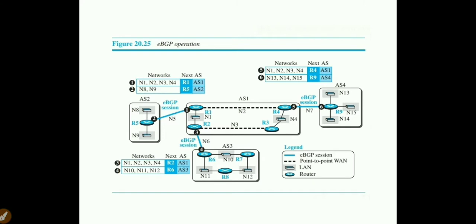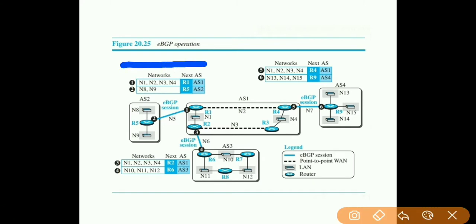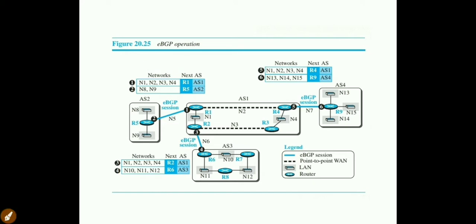Let's go to the first message packet. See here, the first message packet is displayed in this table. This is your path vector. In this scenario, router 1 sends the first message. The message gives the details that router 1 is connected to N1, N2, N3 and N4, all these 4 networks, which are available in autonomous system 1.